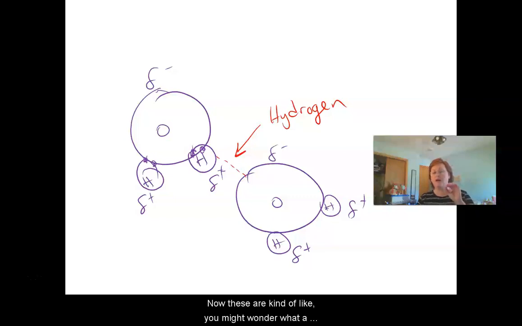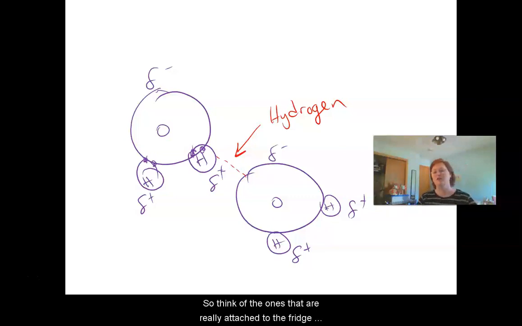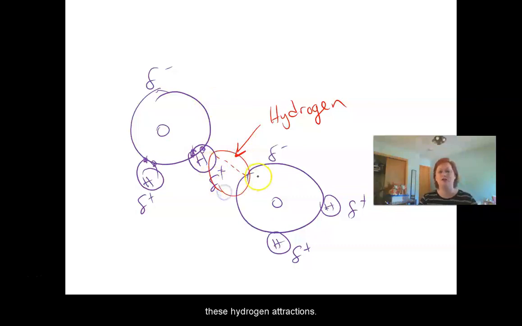Now, you might wonder what a partial charge means when I'm looking at these little squiggly deltas. When we think about something that's charged, I like to think of magnets. If you think about your refrigerator, most people have magnets on their fridge. And every time you shut the door, some of those magnets fall off. And other magnets, if you want to get them off the fridge, you have to scoop them to the edge and then pry them off. So think of the ones that are really attached to the fridge as being the full charges, and the ones that fall off every time you shut the door are these hydrogen attractions. So these are very, very weak